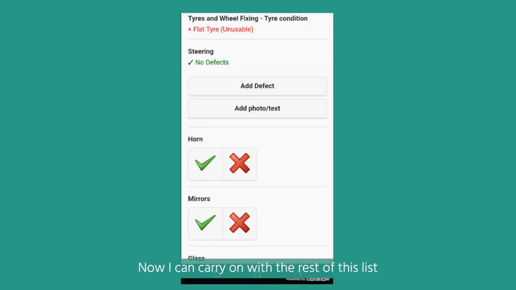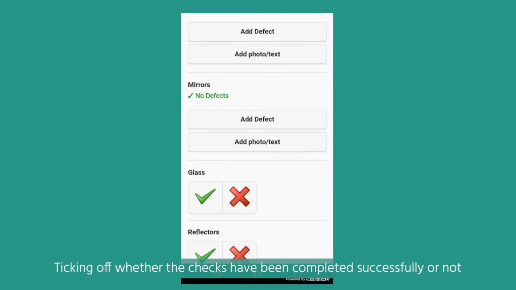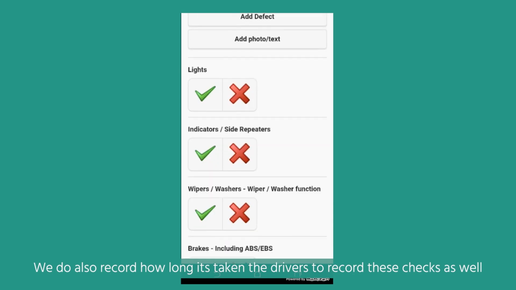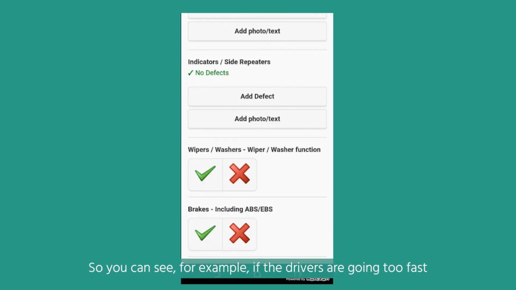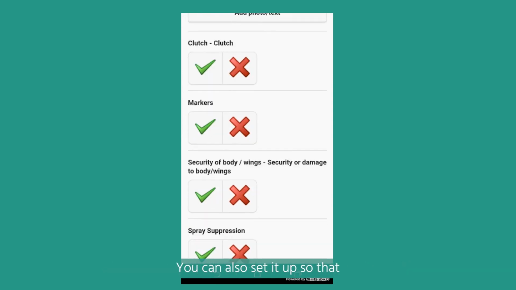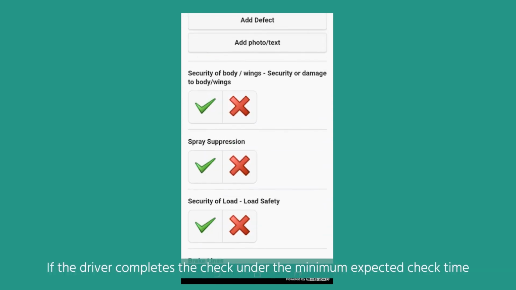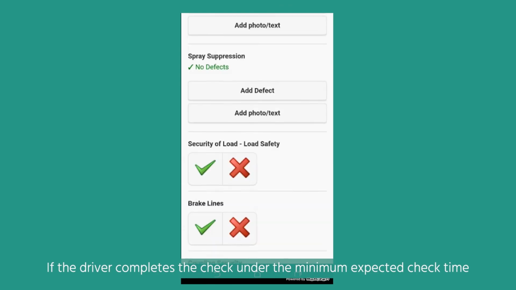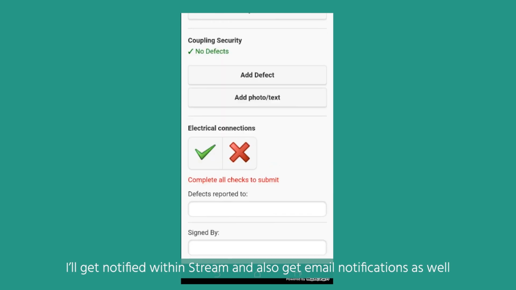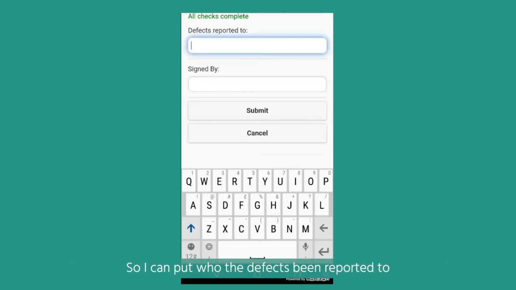And now I can carry on with the rest of this list, ticking off whether the checks have been completed successfully or not. We do also record how long it's taking the drivers to record these checks as well. So you can see, for example, if the drivers are going too fast, maybe not paying as much attention as they should be. You can also set it up so that if a driver completes a check under the minimum expected check time, for this vehicle it's 5 minutes, for example, I'll get notified within Stream and also get email notifications as well. So I can put who the defect's been reported to,